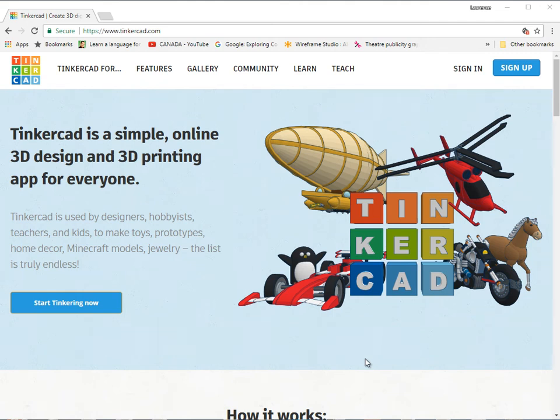The aim of this video is to show you how to use Tinkercad to create your 3D wheels for your Race for the Line project. So first off, load up your favourite web browser, head on over to tinkercad.com. Click onto the sign in button,